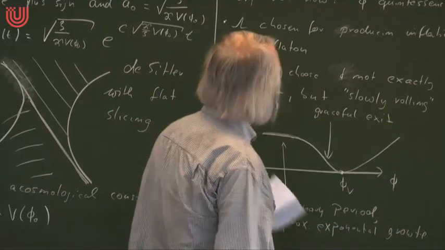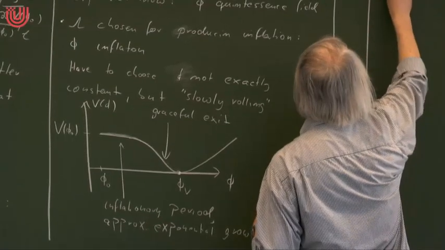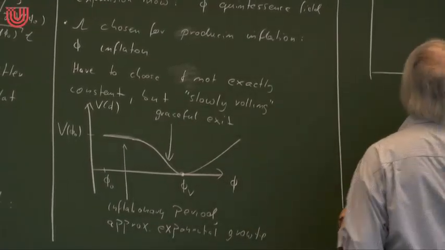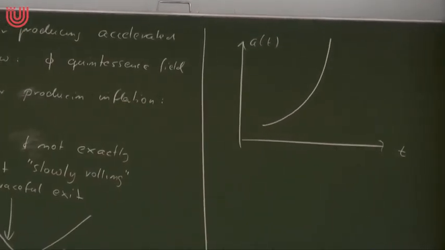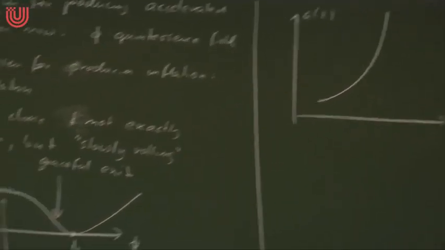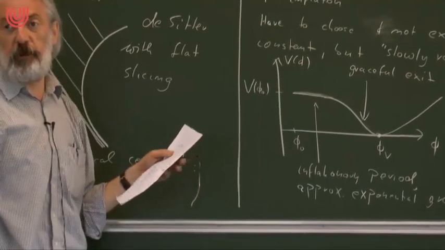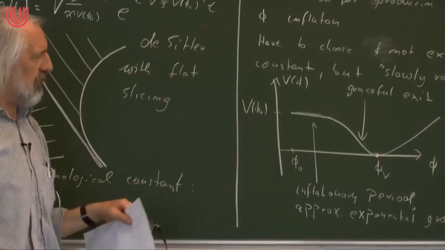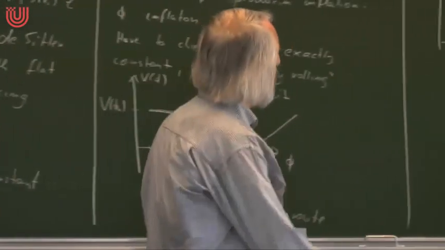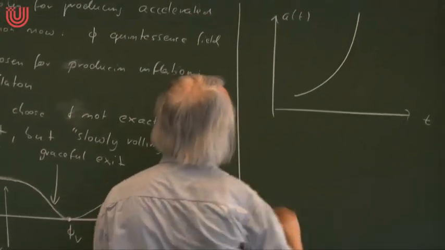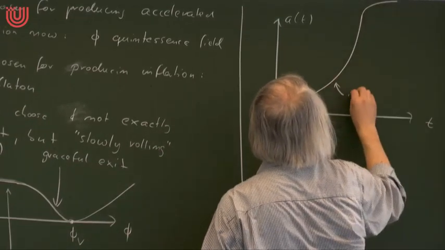So we have an exponential growth in the inflationary period. If I plot the scale factor over t, we have this enormous exponential growth over a certain period. Don't confuse the two things: phi is almost constant in this period, and the scale factor grows dramatically. So the two things are not synchronized, so to speak. A is growing dramatically, and phi is almost constant, and then we have the graceful exit. So this is inflation,